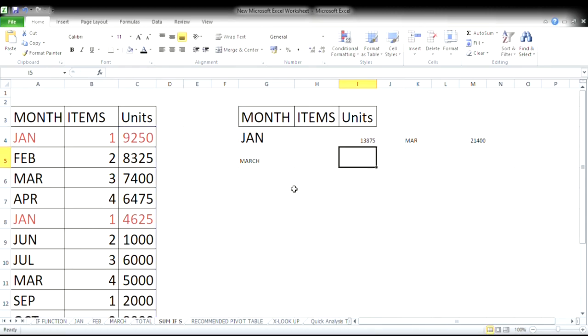Then you will see January, whatever the figure is in Jan, you just check it out: 13,875. In this way we can find other data also, using some of the functions in Excel.